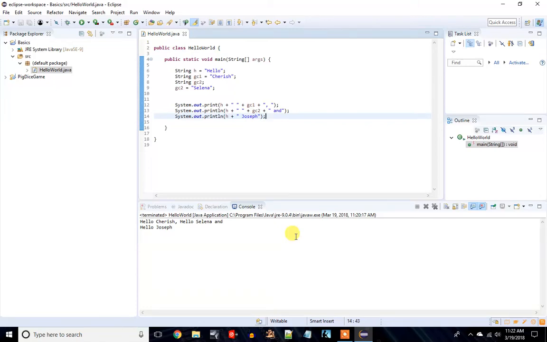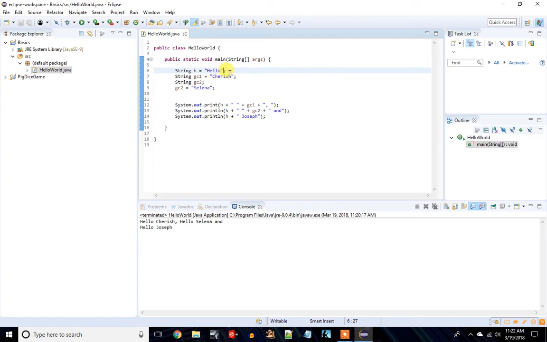Alright, so at the end of the last video, I told you to create a string variable named h and give it the value of hello. And then just pop it in here just like you would the other stuff. And I went ahead and did that. If you didn't do it, that's alright, but this is how you would do it. Create the string variable h, give it the value hello, and remember a string has to be surrounded by